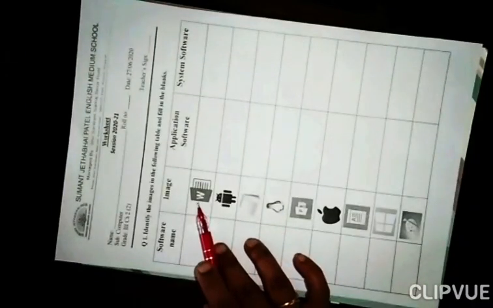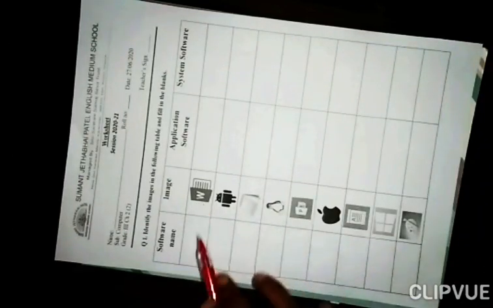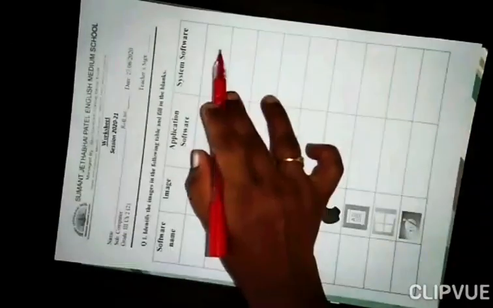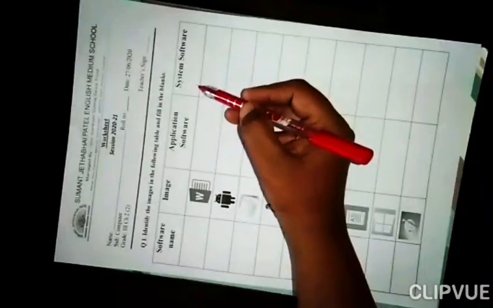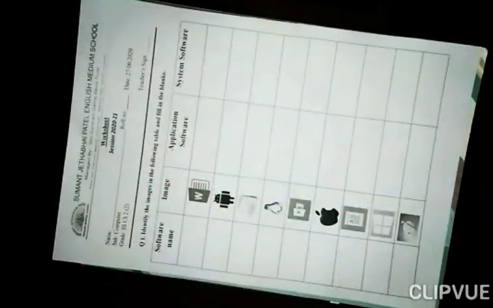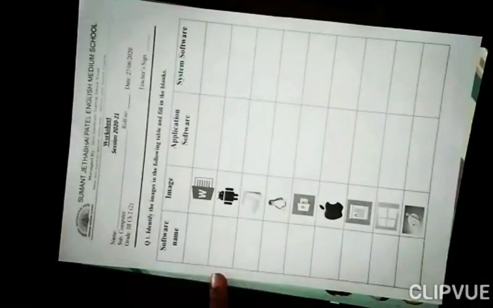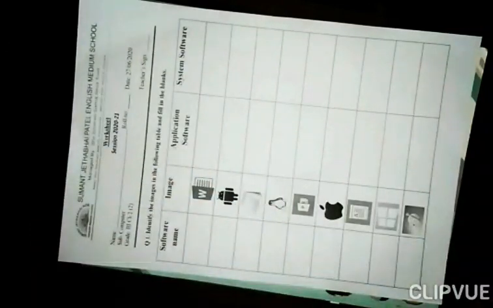Can you recognize the first icon or the first image? You have to write its name over here and then you have to tick whether it is an application software or system software. Now, which is this icon? Yes, it is MS Word or Microsoft Word.